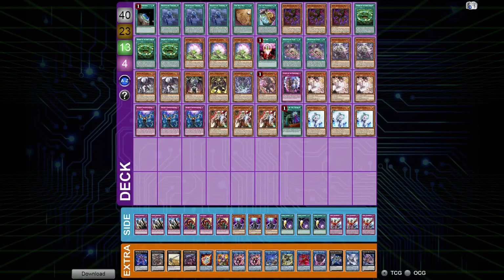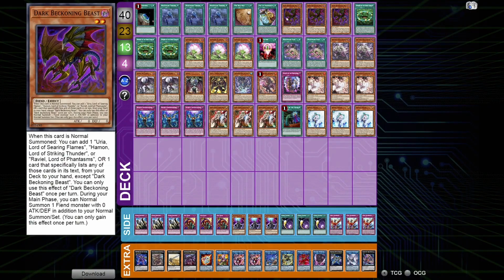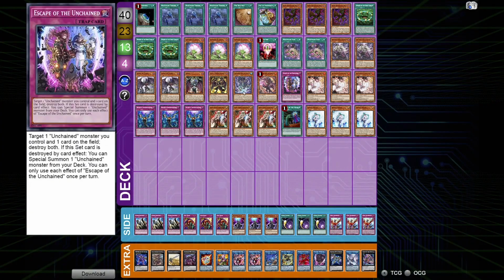But here is my first place Stevenage OTS deck profile. So it's the same as the last deck profile, except I upped the number of starters. So as you can see, I have 1 more Dark Beckoning Beast. I have a single Pot of Prosperity, because it's once per turn. And you don't really need Pot of Prosperity because the deck is consistent enough, but this basically acts as an additional starter, and also Ash Blossom bait. Jesus Christ. And we have the same ratios here, same ratios here, same ratios here,